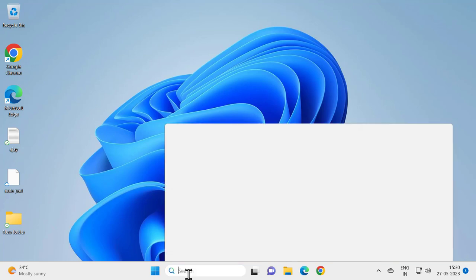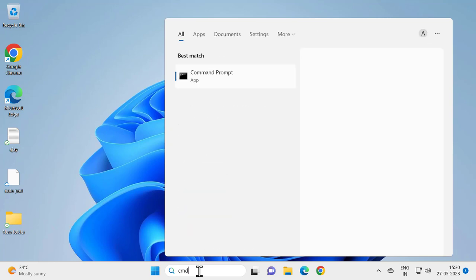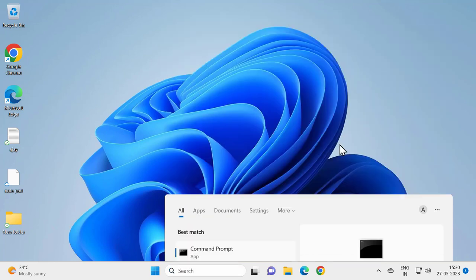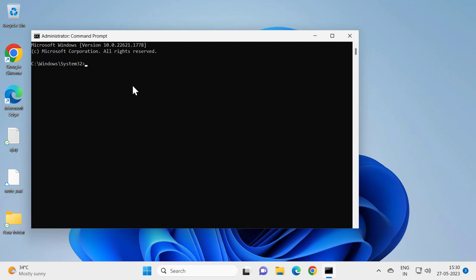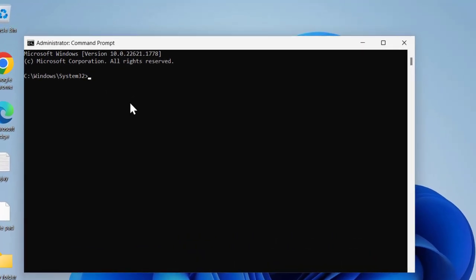For that, go to search menu and type CMD. Click run as administrator over here. Click yes. Now in here you need to type